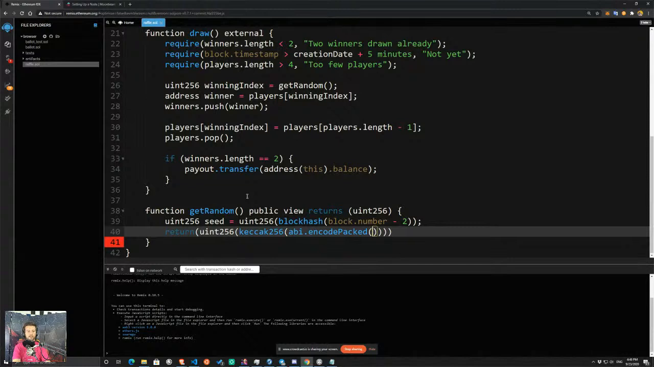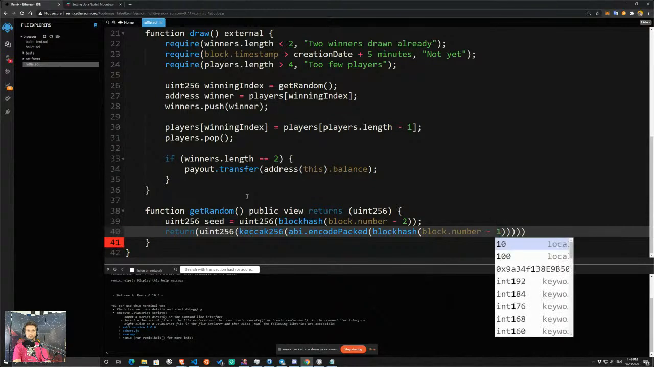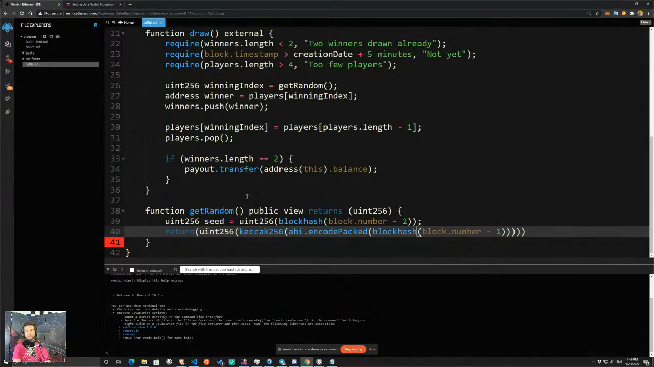So we'll encodePacked the block hash of block number minus 1 this time, so the previous block's block hash, and we're also going to have our previously defined seed. In order to get a number that is in our range of players, we need to end up with a number that is smaller than the maximum number of players. And to do that, we just go to